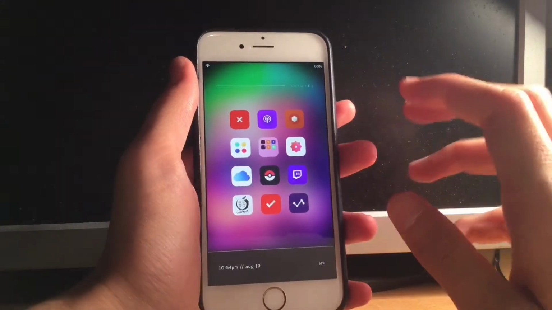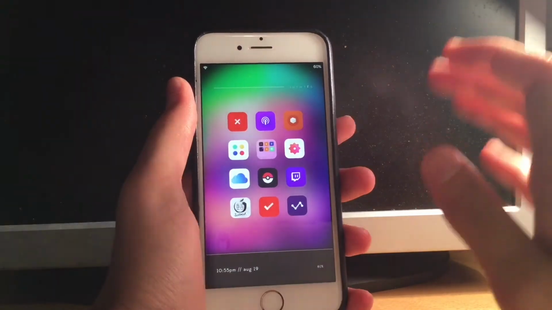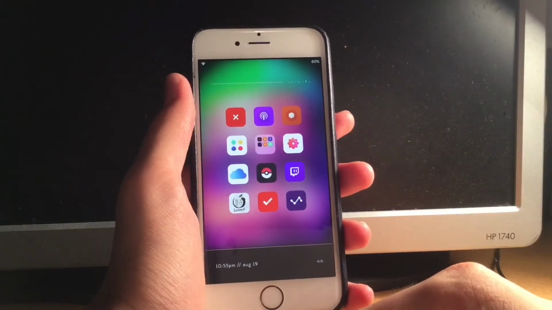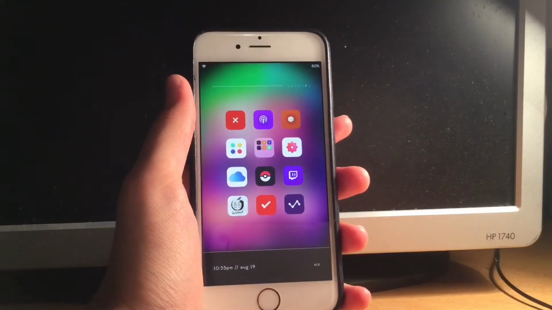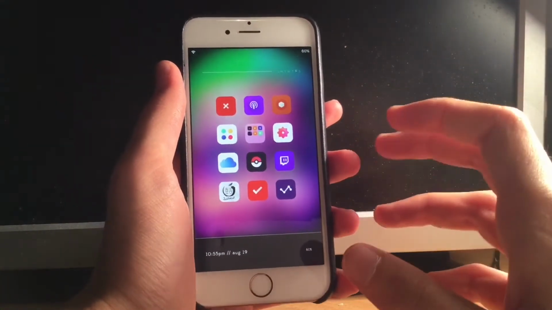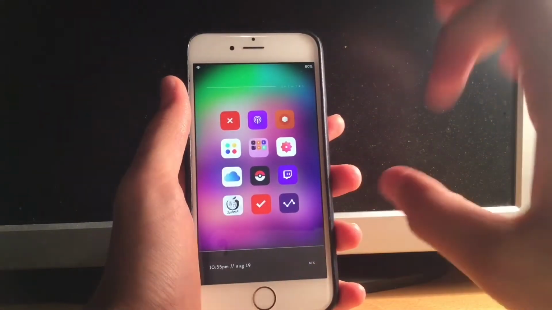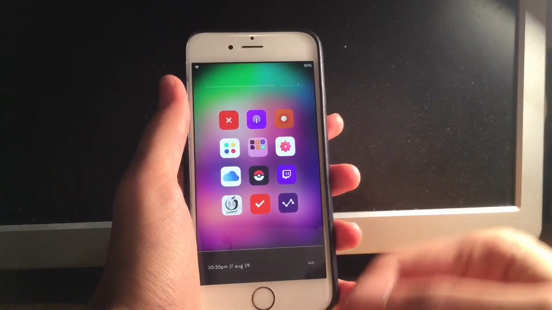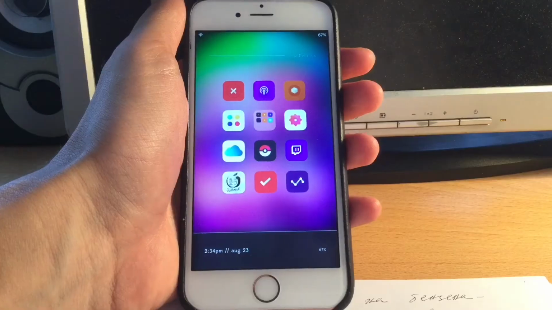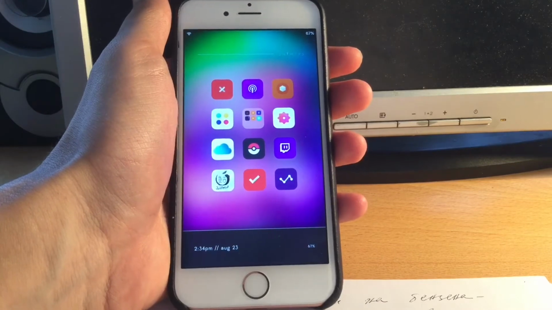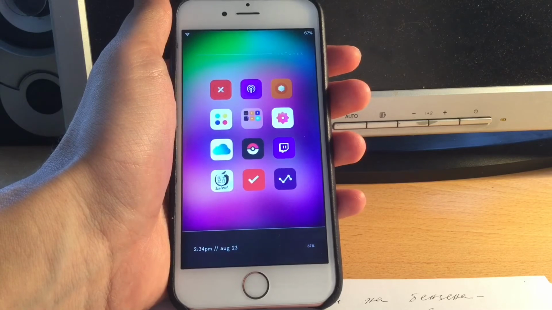But before we jump into my keyboard and control center, I have just one more little thing to tell you guys. Just keep in mind that iWidgets basically doesn't need anything, but if you want to install EW4iWidget and other widgets as well from the same repo, just wait till the end of the video where I'm going to tell you how to do it.